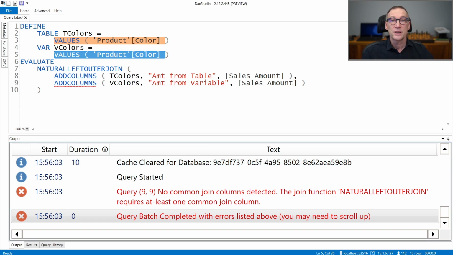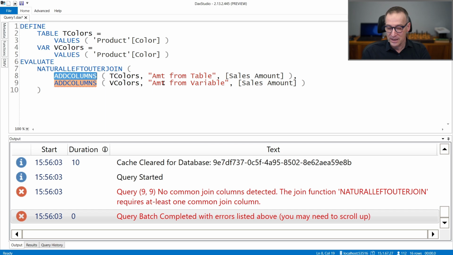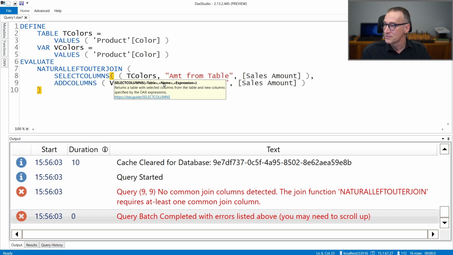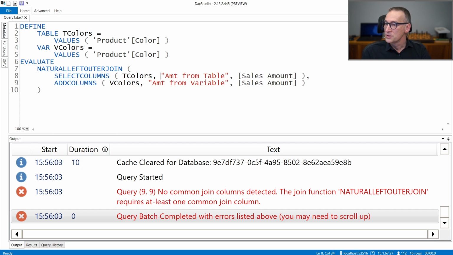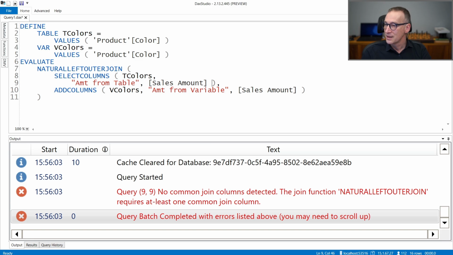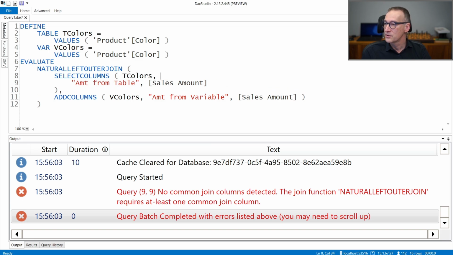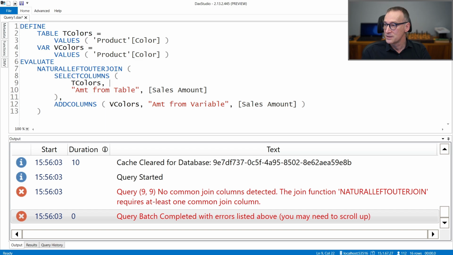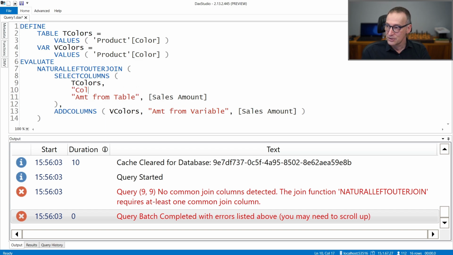What I need to do is use, instead of ADDCOLUMNS, SELECTCOLUMNS in order to break the lineage. So if I replace that with SELECTCOLUMNS from T colors, I take my column amount from table, and I add the color, which is product color.